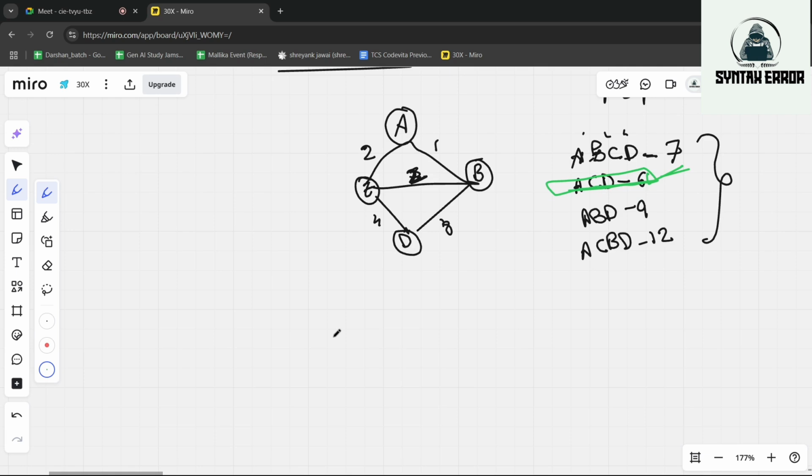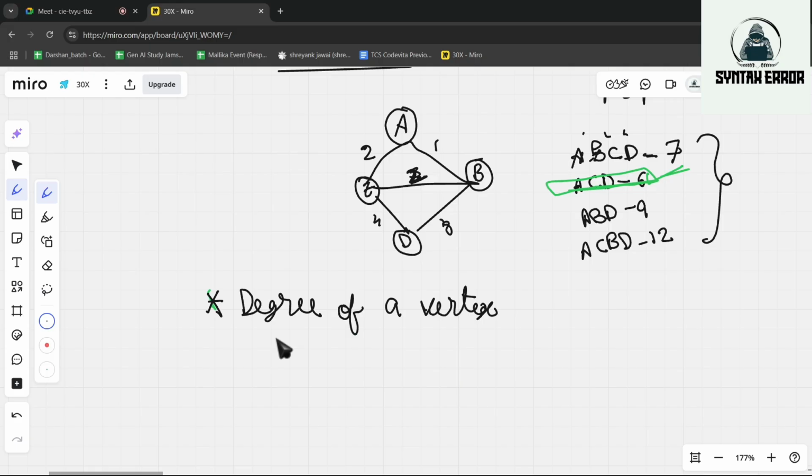Next, what you have to know is degree of a vertex. So, what is degree of a vertex?